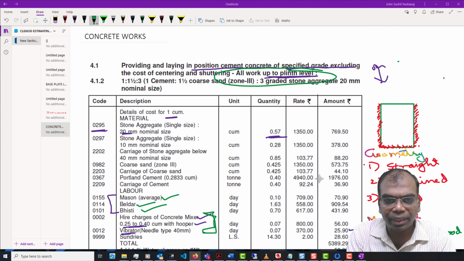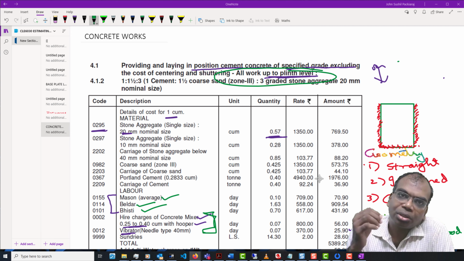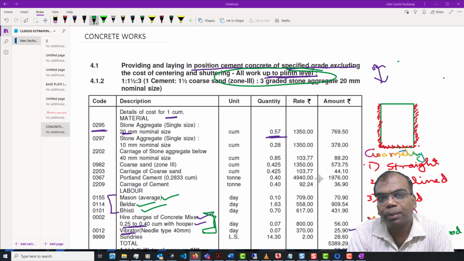I mean, there might be an indicative cost, because there is an indicative cost, but that need not be the guiding cost, or that is not going to be the only cost at which you're going to do the work. Maybe because you're changing a technology without changing the quality, you could get the work done at a cheaper price also.